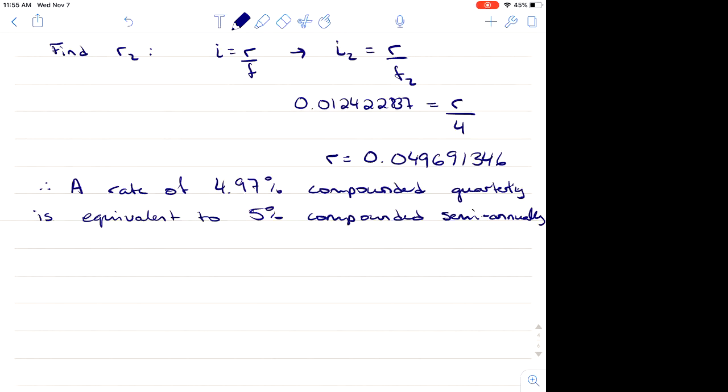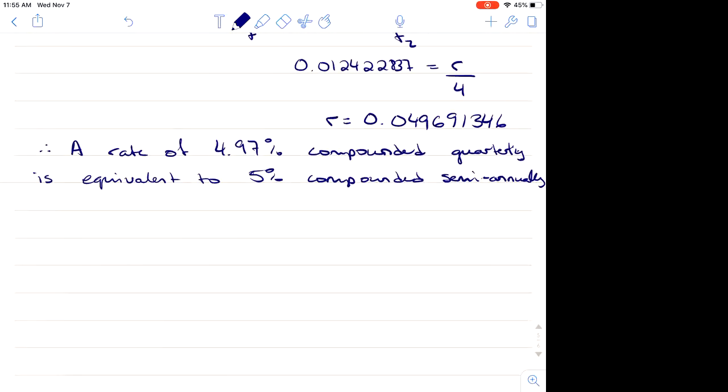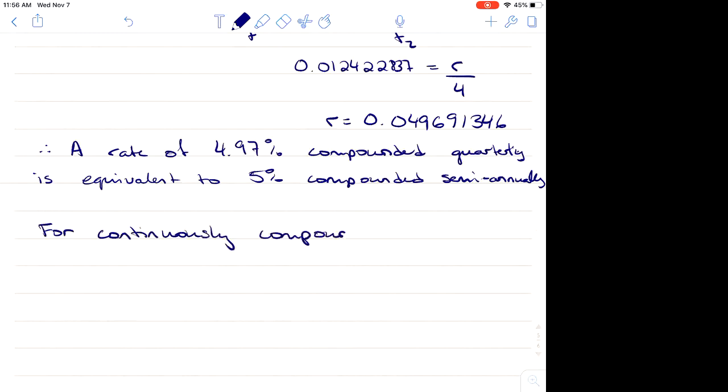We have the same special case for the continuous compounds, where we don't have a frequency, so we need to be able to deal with that. But remember, all these continuous things are pretty rare, right? It would be maybe a short answer on the test. Those continuous compounds. But for continuously compounded interest,